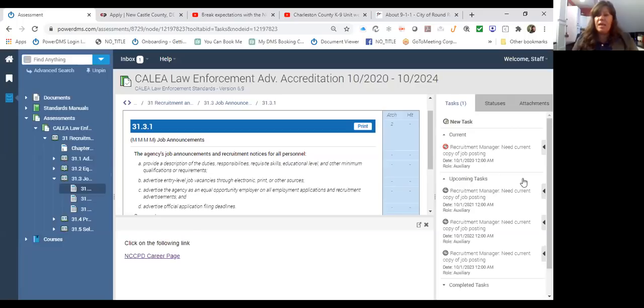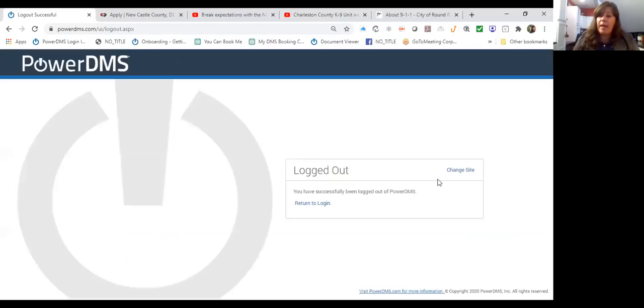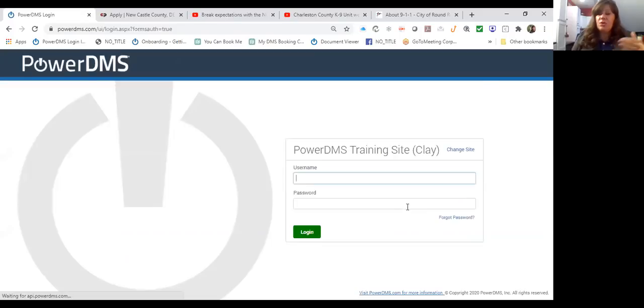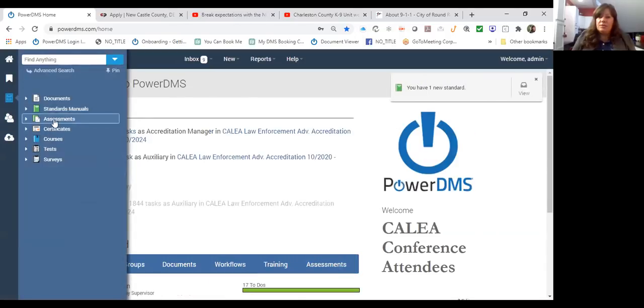Okay. So I'm just going to log out as this individual, and I'm going to log back in as my accreditation manager. I want to show you what it looks like for you when you log in, as to how you would know that you had something pending for you in that site to review. When you log in and you go to your assessment,